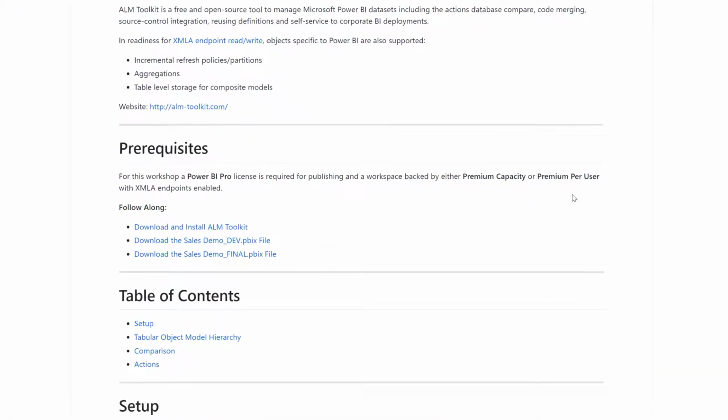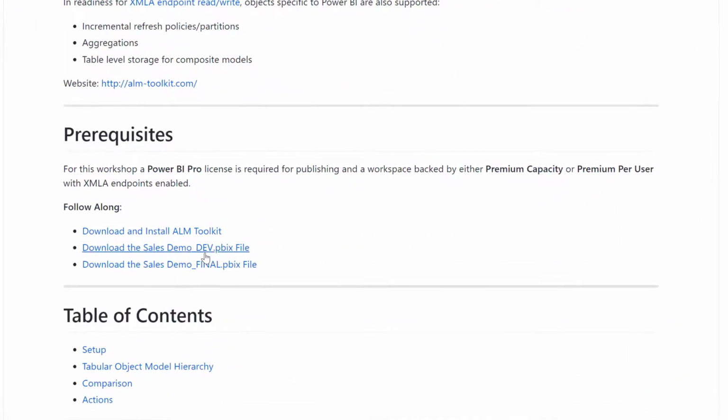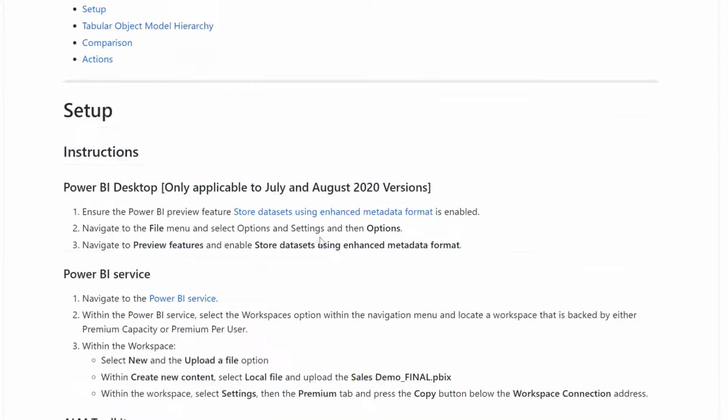Back in the prerequisites section, we're going to download both these PBIX files, the sales demo dev and the final. Quick little hint, they're both the same file, different suffixes. So go ahead and click those, download those now. And then we're going to scroll down to the setup section